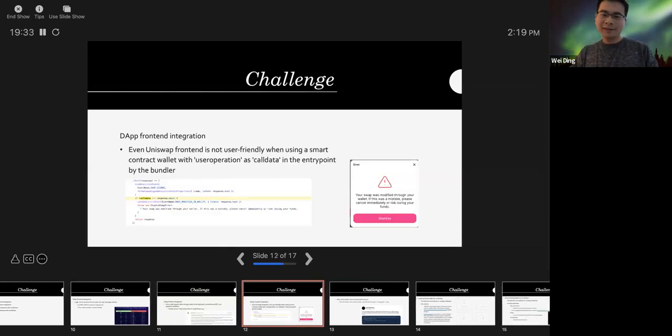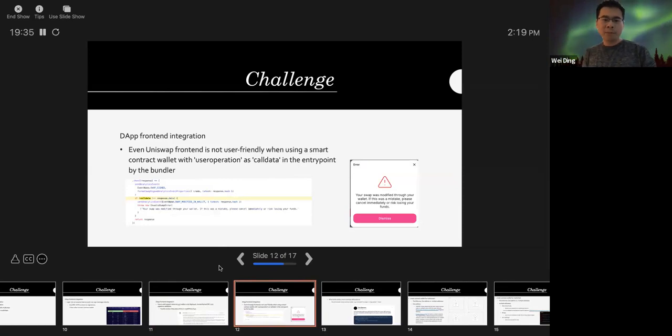And the third is an example. Even a top DeFi protocol like Uniswap is not smart contract user friendly. In their front end, they check if the call data equals the response call data. If not equal, they pop up an alert to warn the users.